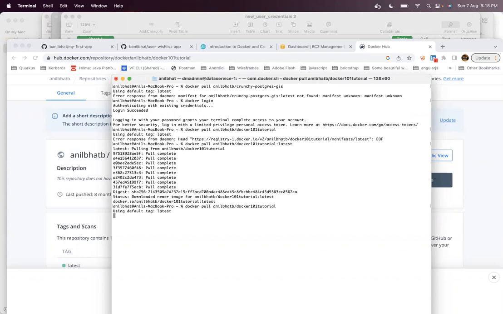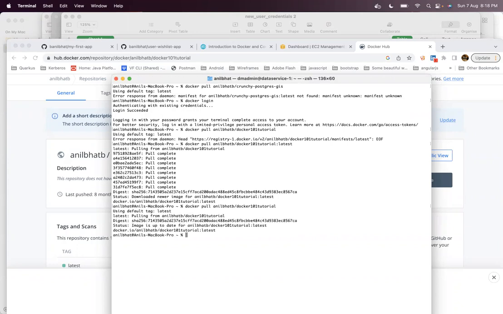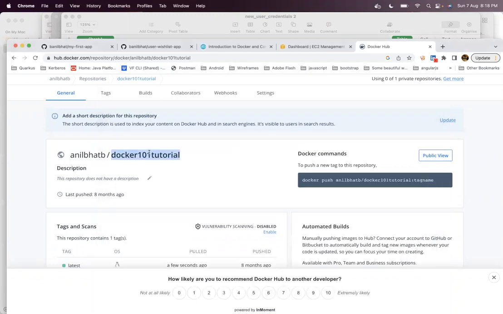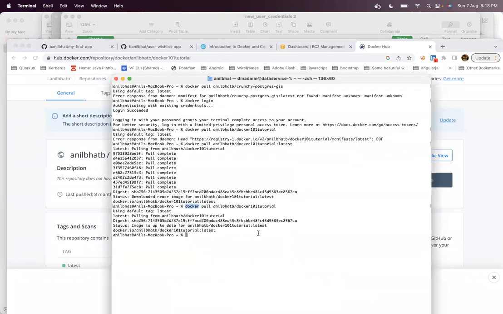Let me check again. So you understood, right? Now it worked. Sometimes because of network connectivity, it is not able to pull. Now it is trying to pull and it identified that it is already pulled. So you are pulling this repository from Docker Hub to a local machine.